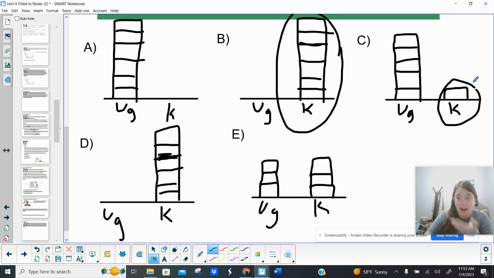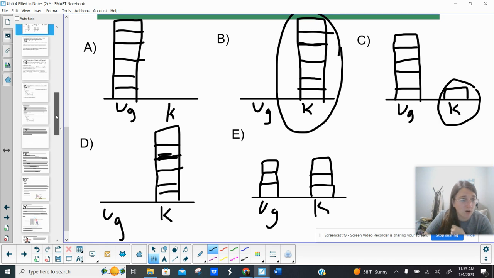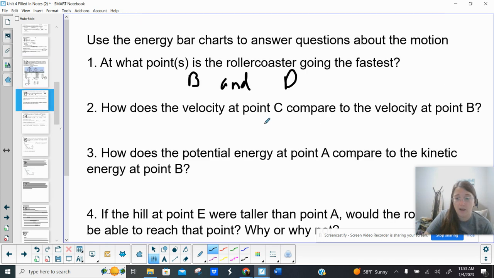Well, it's going faster at B, right? C has to be going slower because some of my energy is in potential, into the height. I converted that speed that I had at B and it goes shoom, and it converts into the height. So it's going slower at C